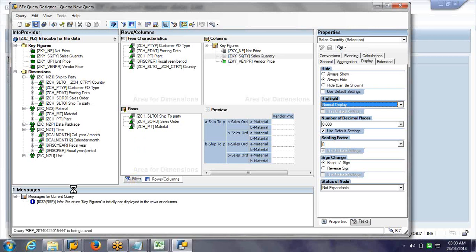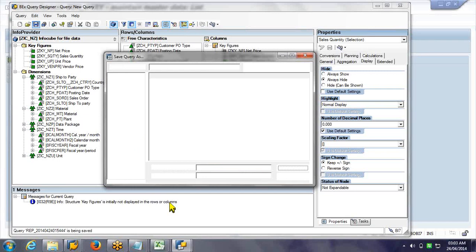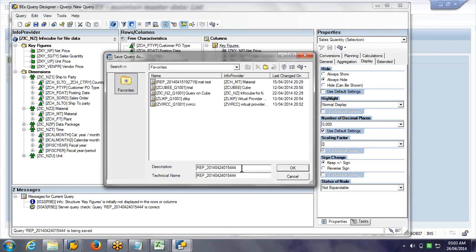Now save it. You have a message box over here, it is very important. That is the one which guides you. Any mistakes, it will guide you. While saving it will give you this. This is nothing but the current timestamp, 24th April current time.